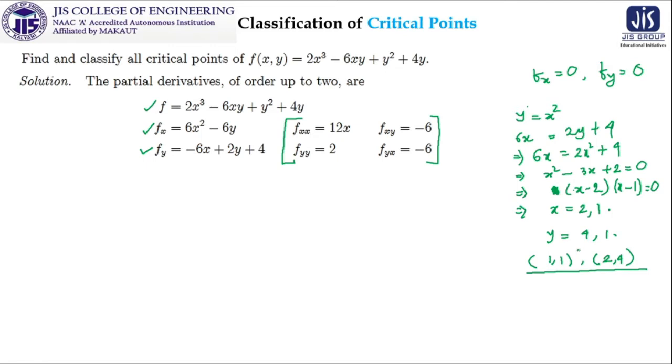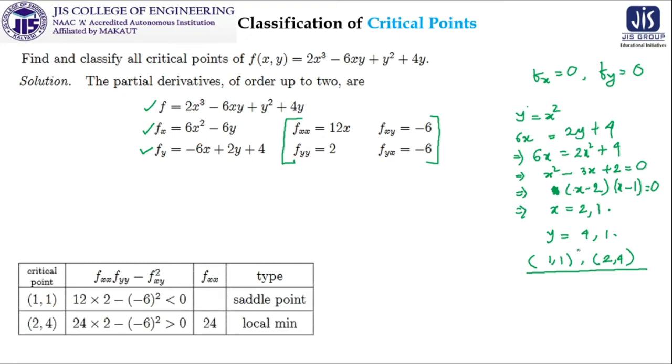Now we have to classify in which category they belong. They may be maximum points, they may be minimum points, or they may be saddle points also. And in some cases you can't make any decision. So what we get is this particular calculation of D. That is why fxx, fyy, fxy and fyx are calculated; they are the same.